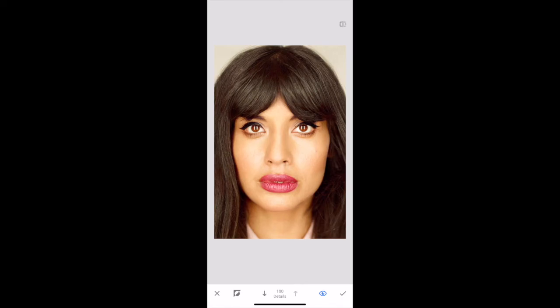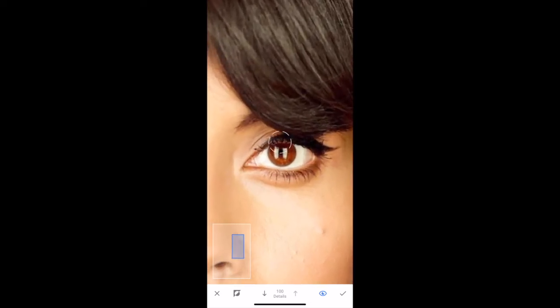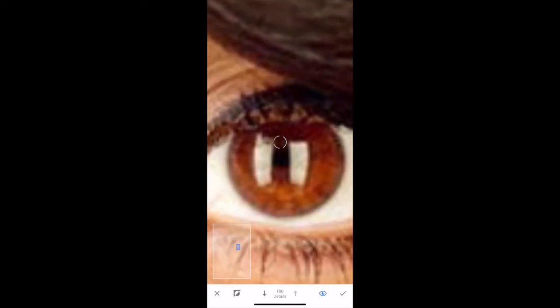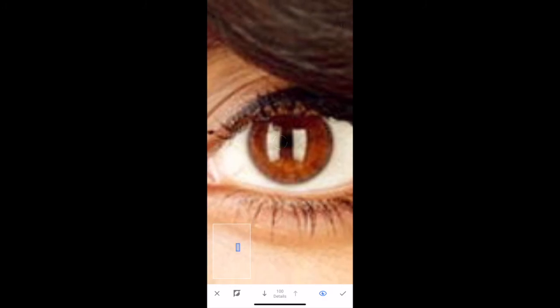To zoom in is like how you would zoom in on a picture when you're using your phone. So using your two fingers, going opposite directions, and then just zooming in, and you can see the size of your brush starts to become smaller and smaller, and that makes it easier for you to just focus on the area that you want to paint on. So the opacity is 100, so that's perfect for me to